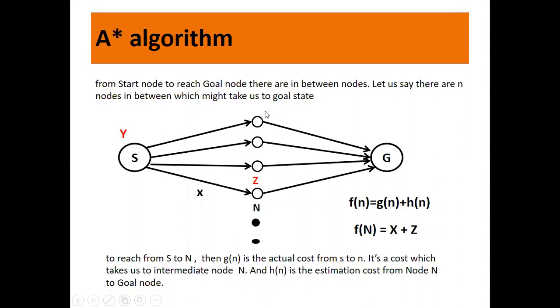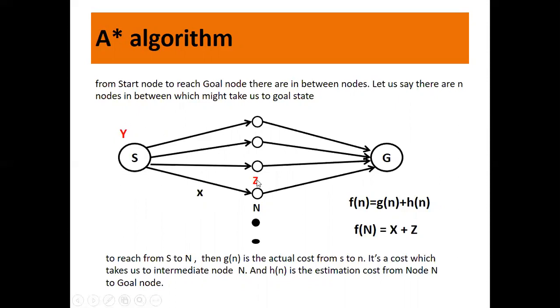We call those nodes a set of n nodes, right? Now, what is our goal? All these intermediate nodes may take us to the goal node. But what is the solution we want? We want to reach a path which will reach the goal node using the shortest cost. So you need to explore all these and then come up with the shortest path from start node to the goal node.